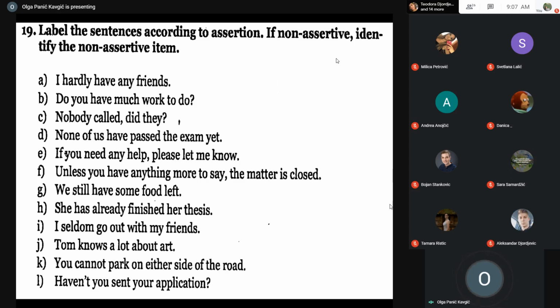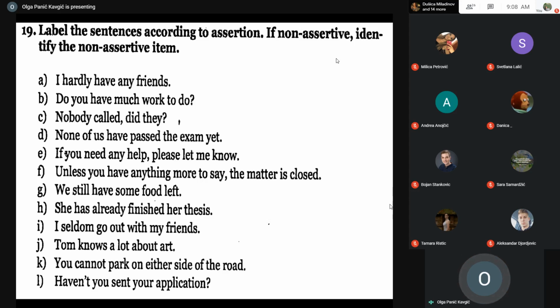So the one that you use in assertive contexts becomes its non-assertive counterpart in non-assertive contexts. For instance, if you say, I did it too, then if you want to negate it, you can't say, I didn't do it too. So too changes into either: I didn't do it either. Or she has already arrived. You can't say she hasn't already arrived, but she hasn't arrived yet.